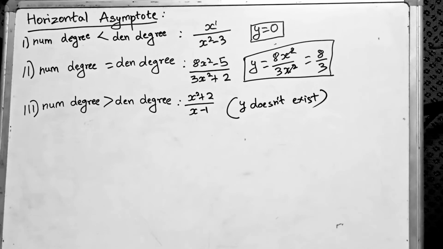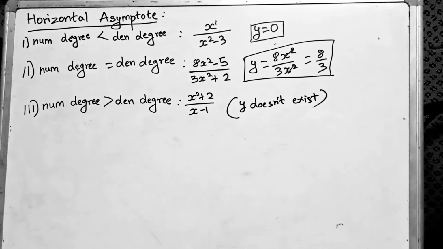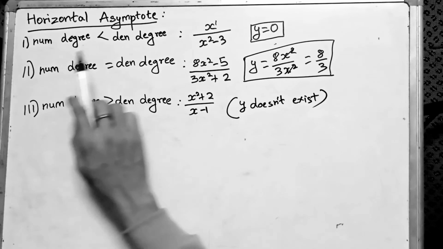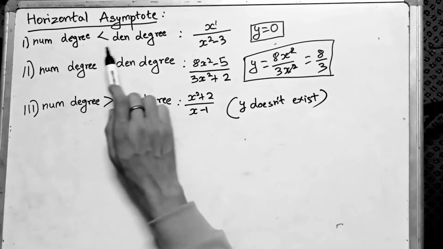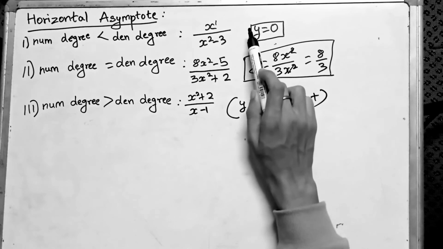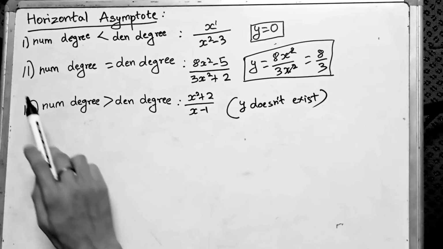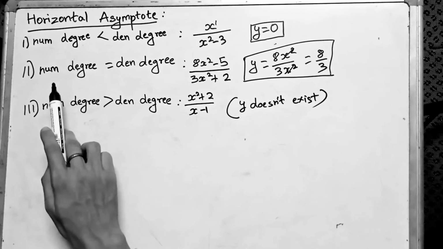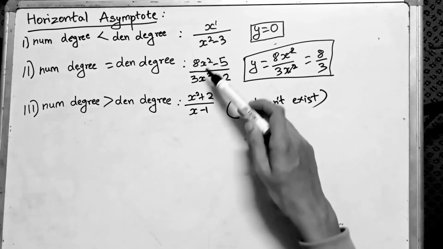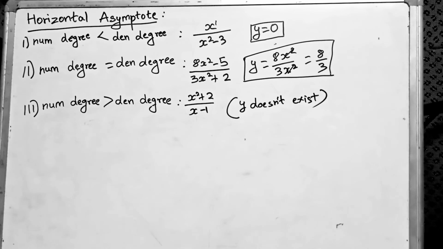Once again, I'm going to recap. We have three cases while trying to find the horizontal asymptote without plotting any function. Firstly, we have a case where the degree of the numerator is smaller than the degree of the denominator. In this case, the horizontal asymptote is y equals 0, basically the x-axis. In the second case, the degree of the numerator is equal to the degree of the denominator. When the degrees are equal, we simply divide the two terms and then the ratio